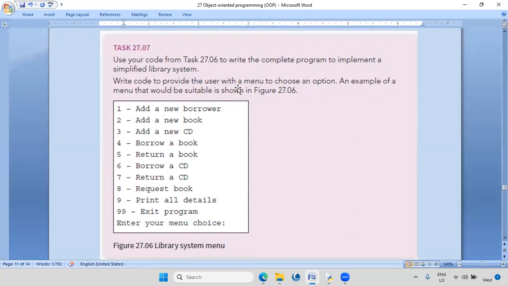Write code to provide the user with a menu to choose an option. An example of a menu that would be suitable is shown in figure 27.6. Press 1 to add a new borrower, 2 to add a new book, likewise it goes on, and 9 to exit program. Enter your menu choice. So depending on the input, this will happen. So you have to write code to provide the user with a menu to choose an option, an example of